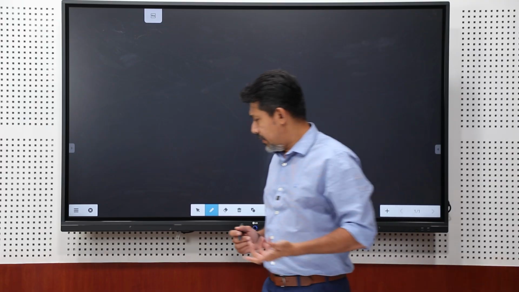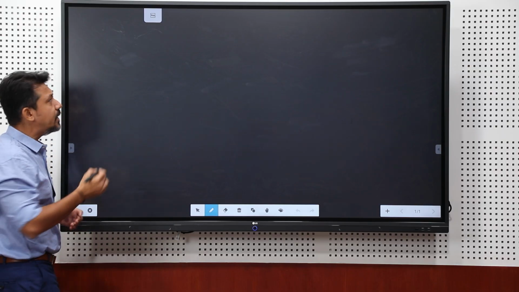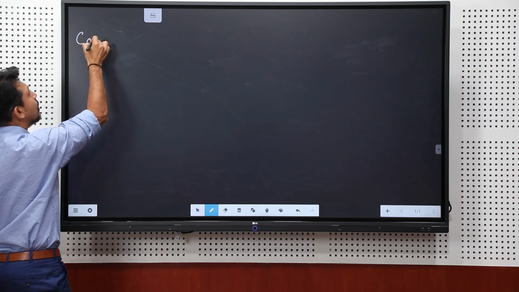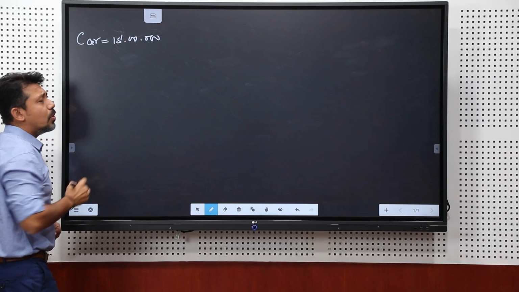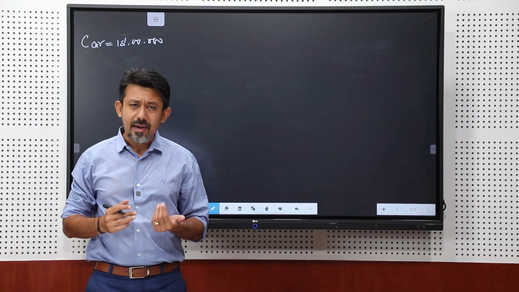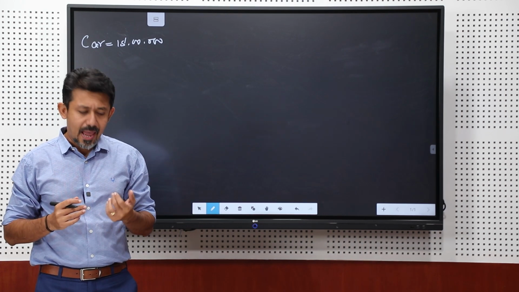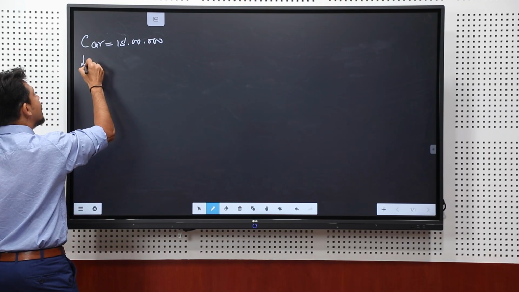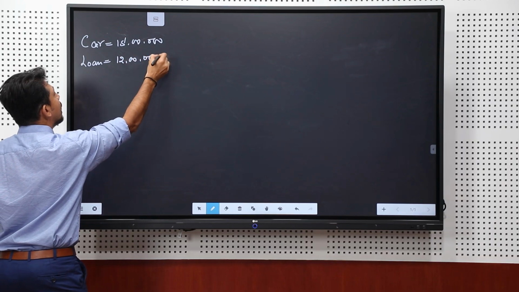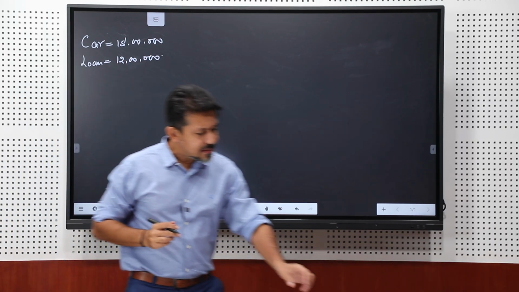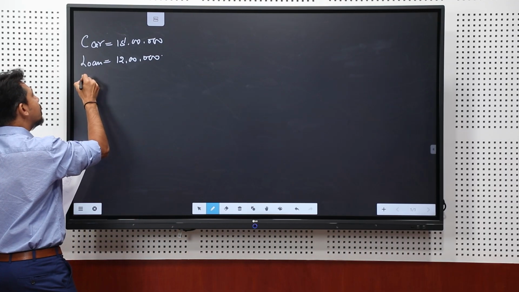For example, let's say we are talking about a loan arrangement. Let's say I want to buy a car. The cost of it is 15 lakhs. I don't want to borrow that amount entirely. Let's say I do a down payment of 3 lakhs, and the loan that I am taking from a bank is worth 12 lakhs, right? And the bank says that this loan is repayable by paying an annuity